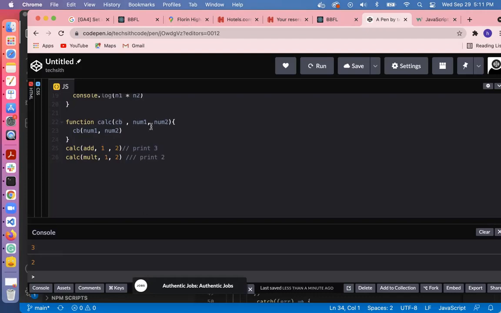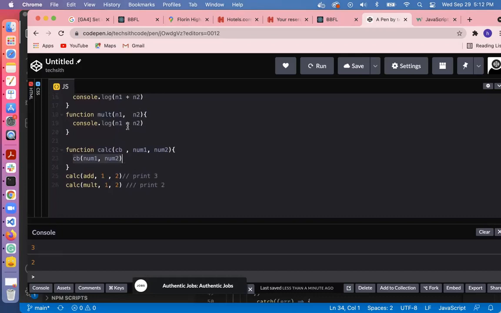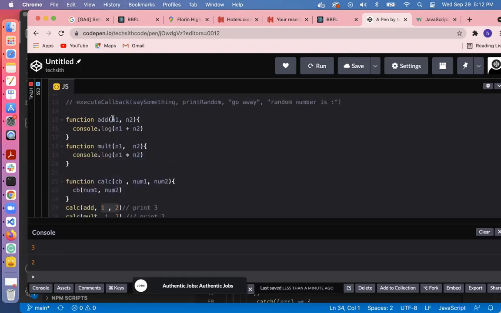It could be any numbers, and it will return something, or it will print something, right? So if you look at this, it's pretty abstract. It says I'm going to pass a function with two numbers, and that function's going to execute with those arguments. That's what it means, right? And then I'm going to pass this function and those arguments, and it's going to build this basically inside and